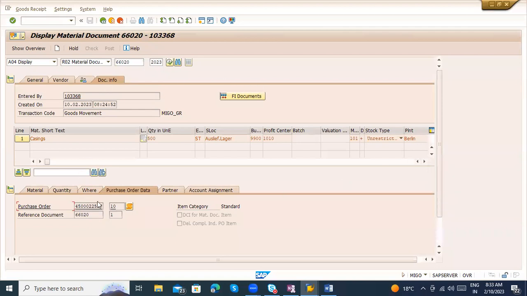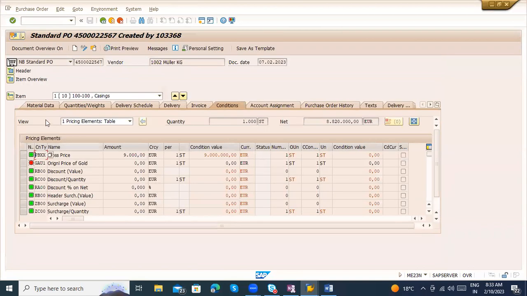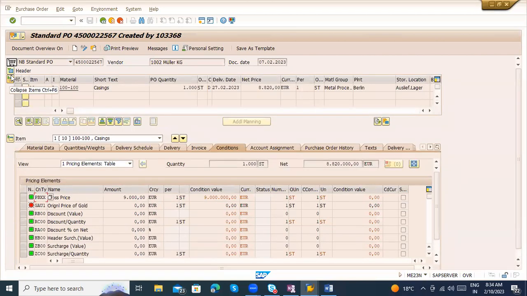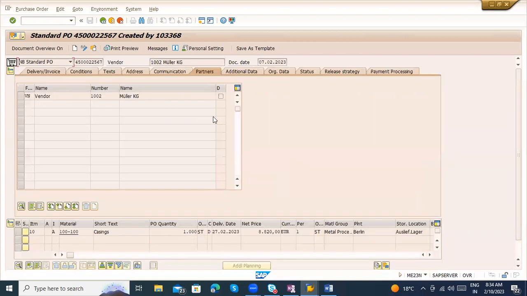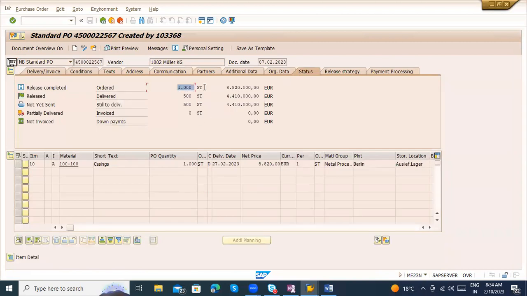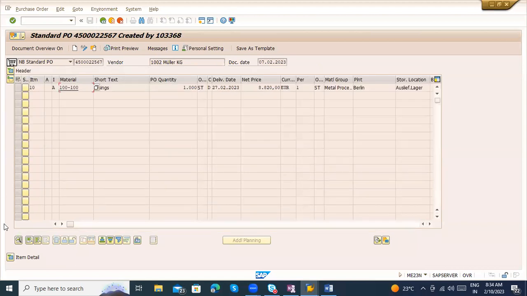Now the purchase order, what will happen if I go to the purchase order? Now I ordered 1,000 pieces, but I received only 500 pieces. By looking at the purchase order, can we see how much is received? Yes, we can see it in two ways. You can go to status, and I can see that 1,000 pieces were ordered and 500 pieces delivered. Open delivery is still 500 pieces and the invoice is not yet presented. Now, if I go to item detail,